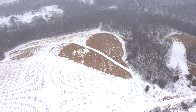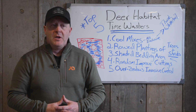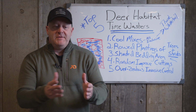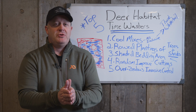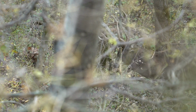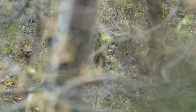And I just want to make sure that you guys are making accurate decisions when you're going forward. We can talk about rubbing posts, and if you just look at it, a lot of rubs, a deer will visit once for the entire year. That shows you the priority on their level. How many rubs have you seen? It's a giant rub, and they only hit that one time. I'm not saying a rubbing post, they'd only hit once, but the point is,